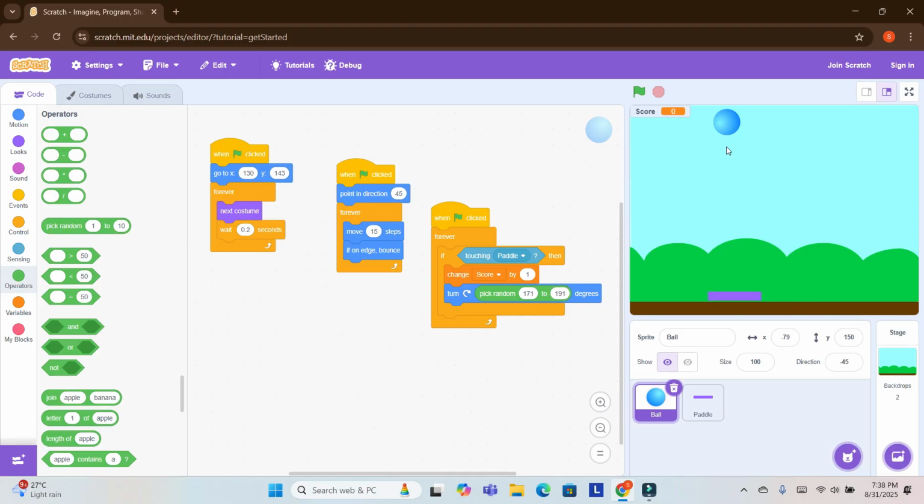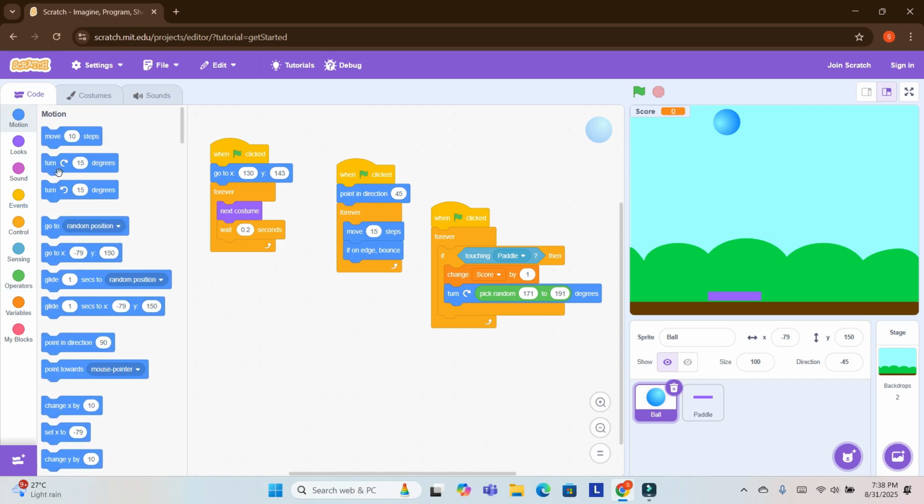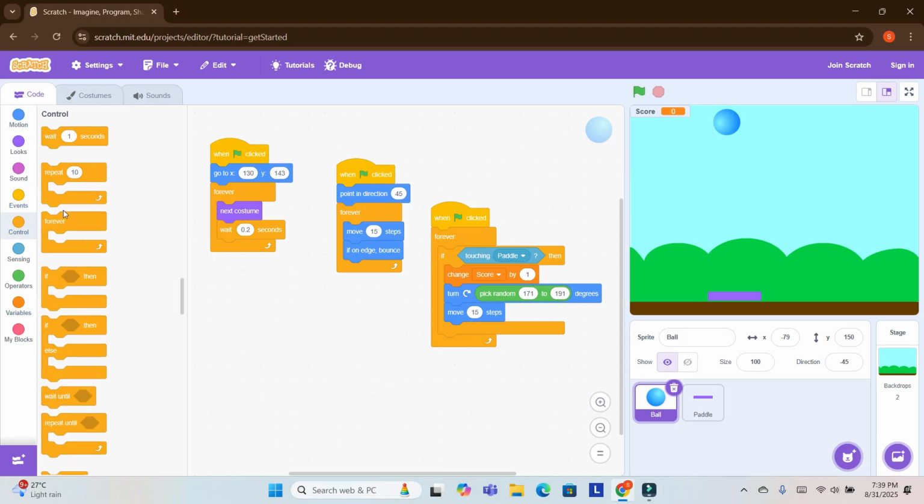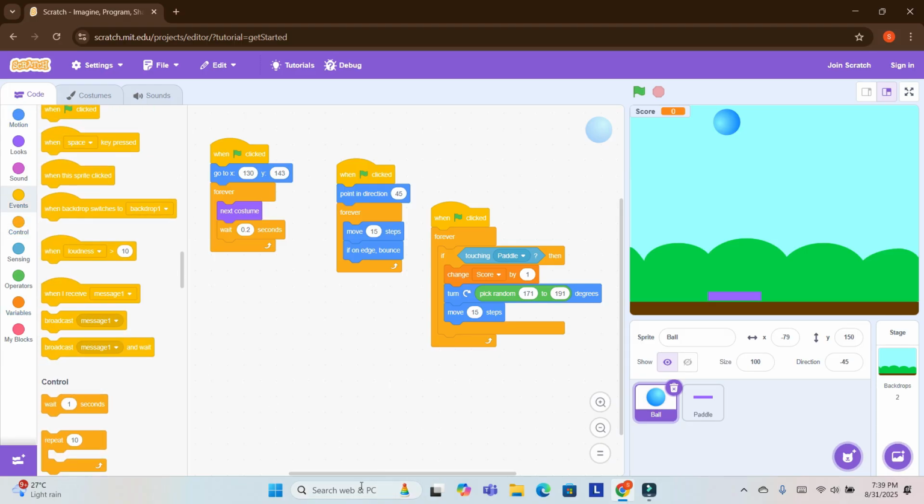It means when the paddle hits the ball, the ball will turn 171 to 191 degrees. Now I will go to motion and drag and drop here move 10 steps and change it to 15. And now I will go to control and drag there wait 0.5 seconds.